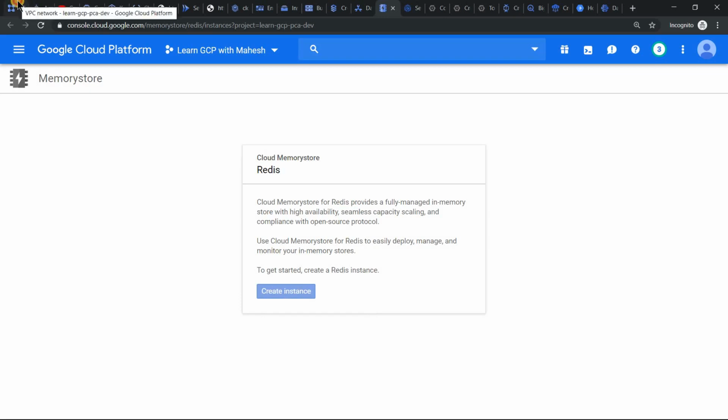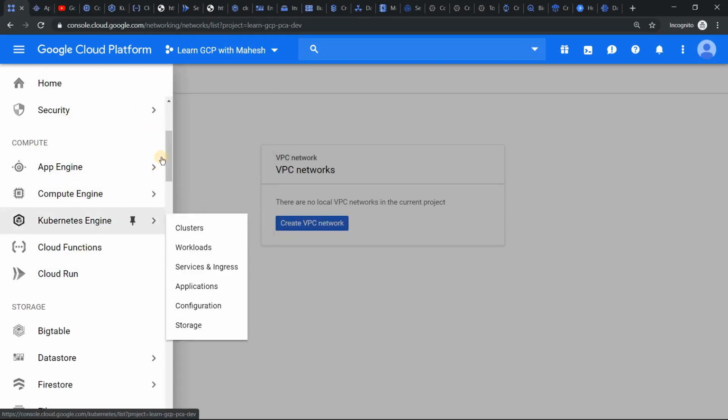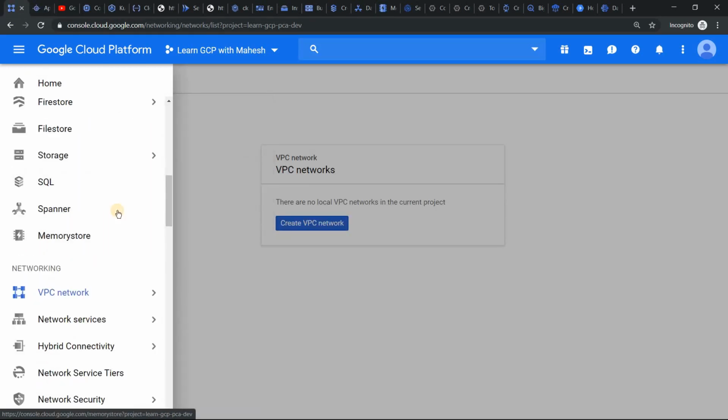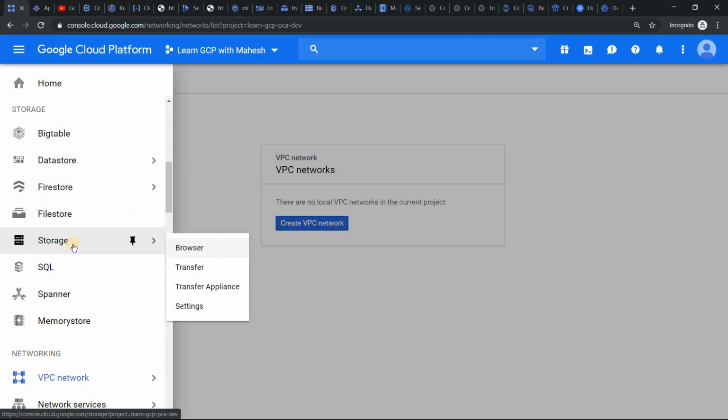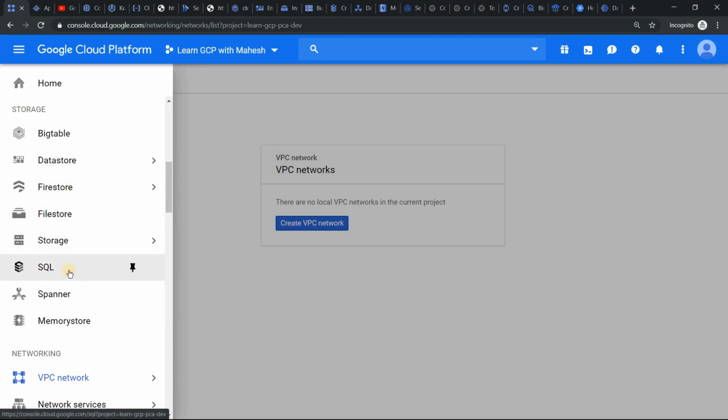Now, going back as a quick recap, under storage, if you see, we had lots of components. Bigtable can be created, Datastore can be created, Firestore, which is the next generation version of Datastore, can also be created. Filestore cannot be created. Google Cloud Storage can be provisioned.